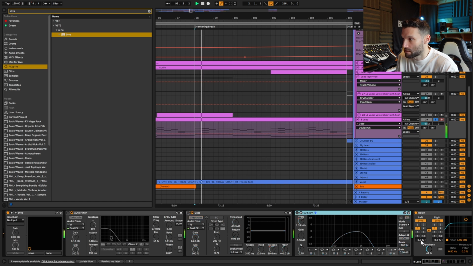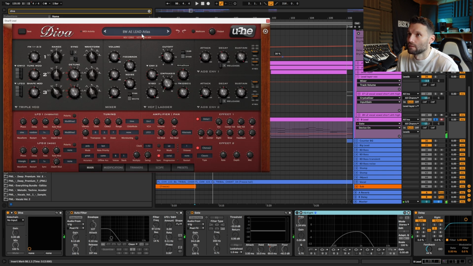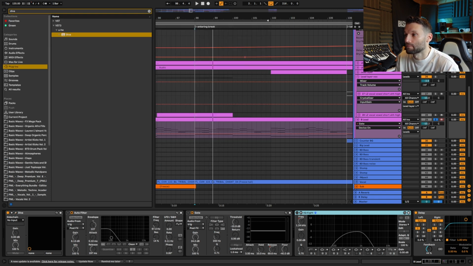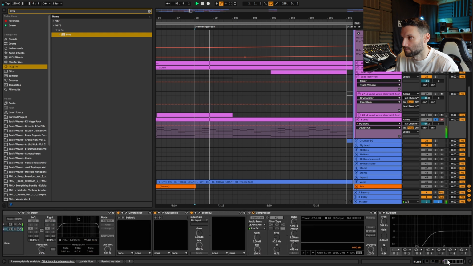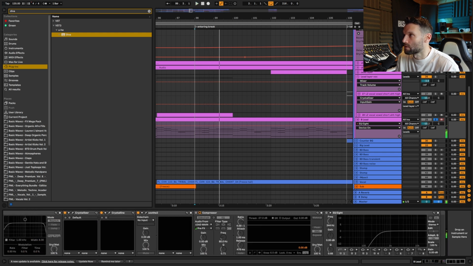And the sound itself is this, again from Analog Explorations, Lead Atlas. This one. And again, just following that same thing, the gate. And so together,